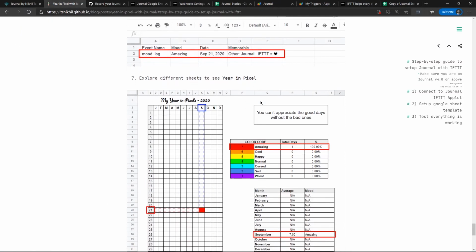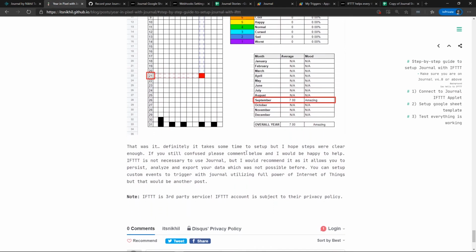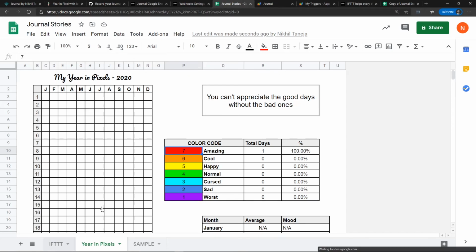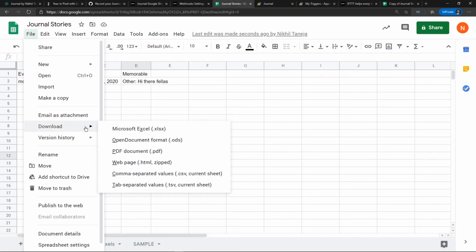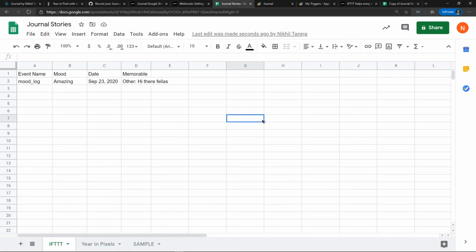And if you see the guide, this was the last step. We've completed it. Again, it is an optional feature. It is something which you do not need to use. It is an extra step which I recommend. It is a one-time process to set up, but once you do it, you have eventually owned your data, and you can export it, you can download it, and you can do whatever you want with it.